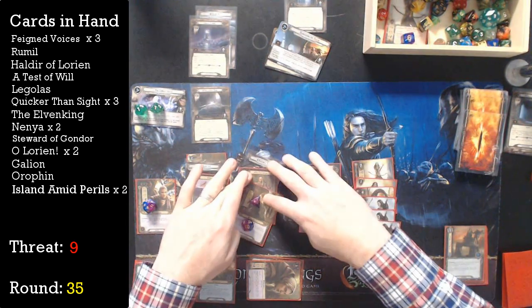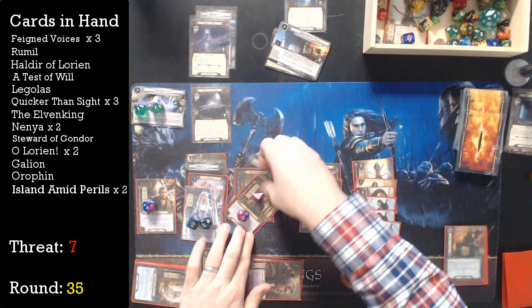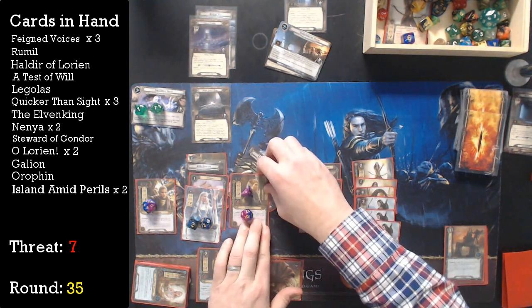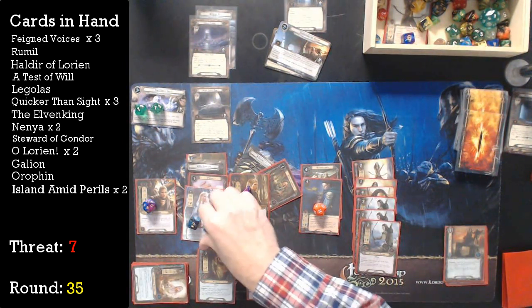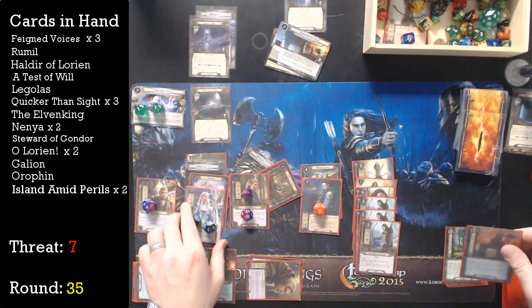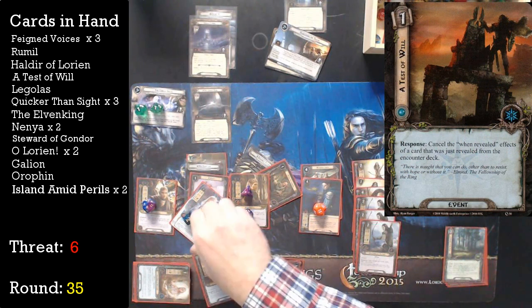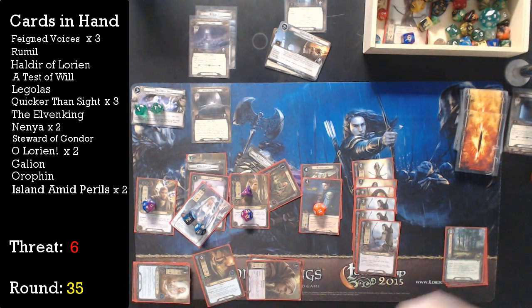I'll use Scatheless Teeth to lower my threat to Elven King Thranduil. Okay, by pulling this guy, pay for this guy. Bring this guy back to my hand. Put this in my deck. This Test of Will goes back on the top of my deck. Lower my threat. I don't have any threat to lower, so that's okay. So now,